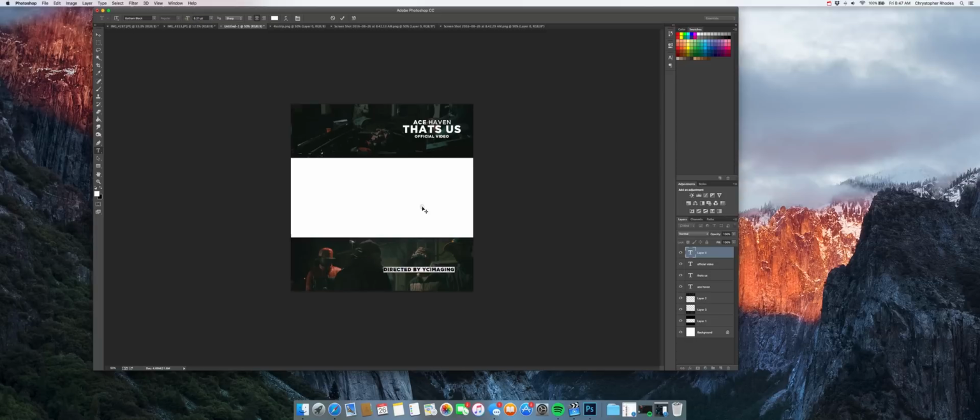All right, boom. So you got your template set up how you want to do it. Make sure you uncheck this eye on this bottom layer, this background layer, so you'll have the transparency right here in the middle. So you got this set up how you want it with the text and the images. You go to File and you save as